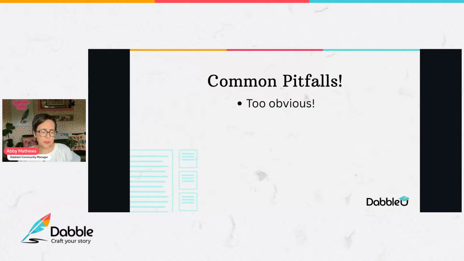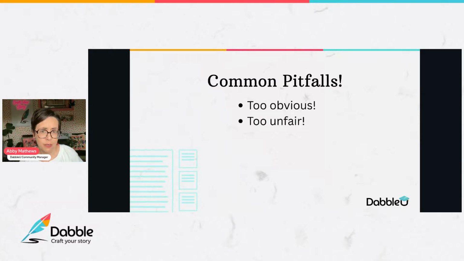Right? So here are some of the common pitfalls. You really got to be Goldilocks with this. If you're too obvious, then your reader is going to guess the twist 50 pages too early and be totally bored. It doesn't feel clever, right? But if the twist comes with no setup, for example, the villain ends up being someone we've never met, then the big reveal relies on a detail that was totally hidden or completely left out. So they could have never guessed it to begin with.